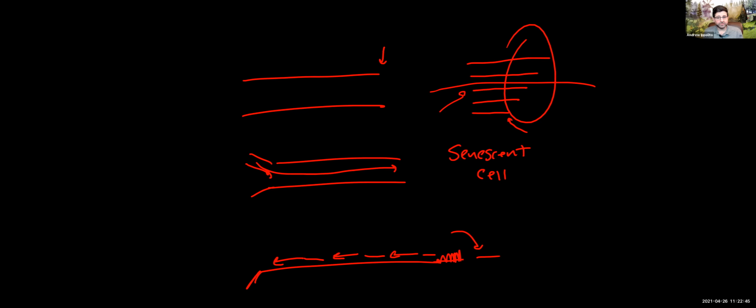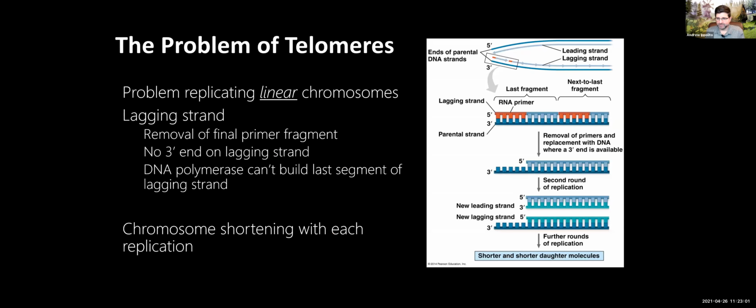So there's different kinds of senescence we're not going to get into. I'll just tell you that cells that are senescent are cells that are no longer able to grow. And it's a protective mechanism, right? You don't want to grow if your telomeres are that short.